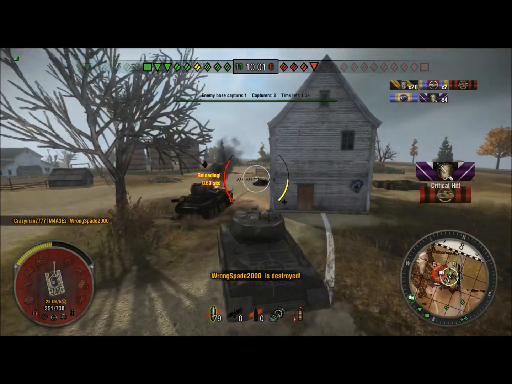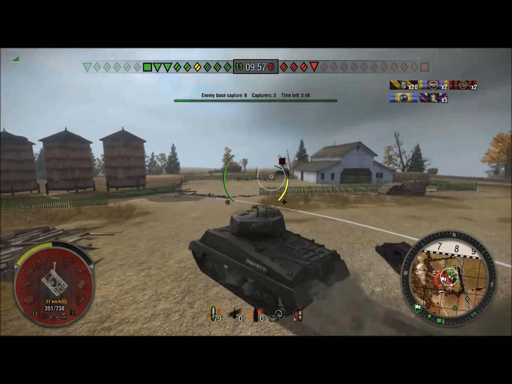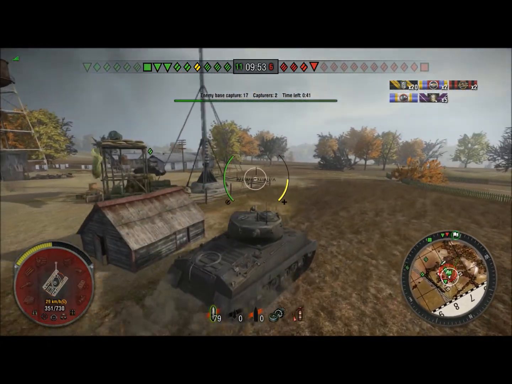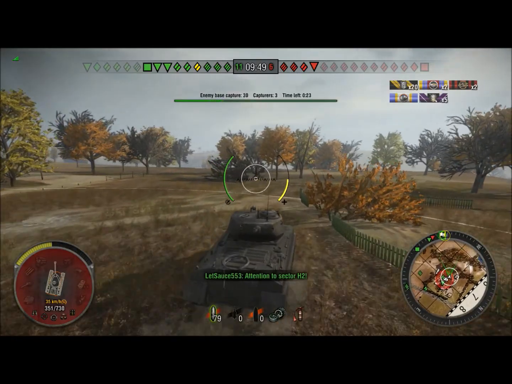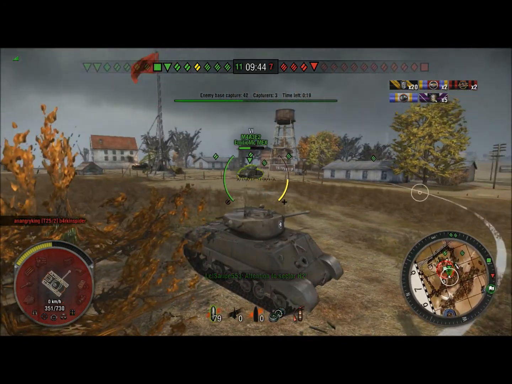Also, this tank is very good as an invader. As you can see, it bounces a lot of shots. It's very good at going straight forward into the cap and then distracting the enemy. Now, what you see me do right here is that I stop. I realize that the enemy tanks are far away. I can't snipe them, and